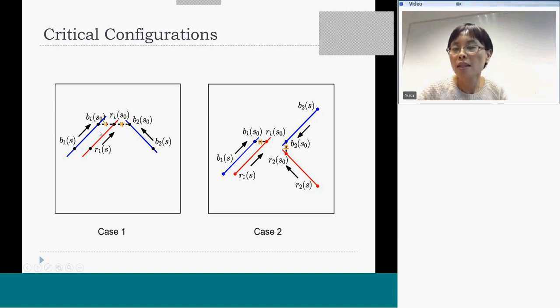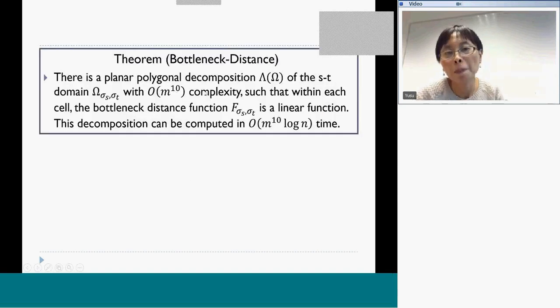Roughly speaking, when the red and blue points change their correspondences, at the time this happens you will have, oops, I don't have colors, sorry. This should have colors. Basically, at this point you would have some red-blue pair which is at equal distance with another red-blue pair. So essentially we can enumerate all such critical configurations and obtain this main result, which is that